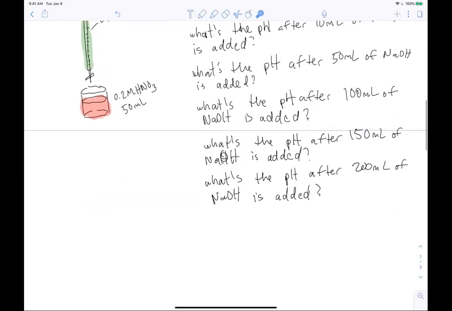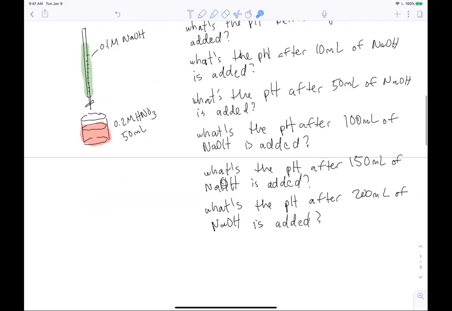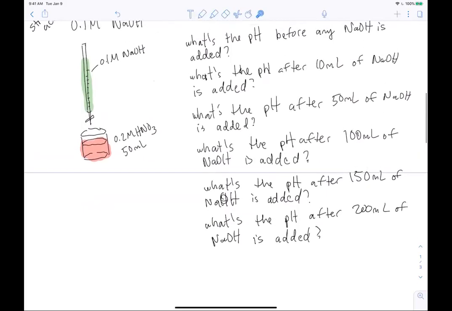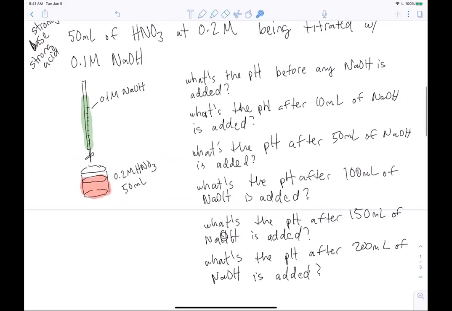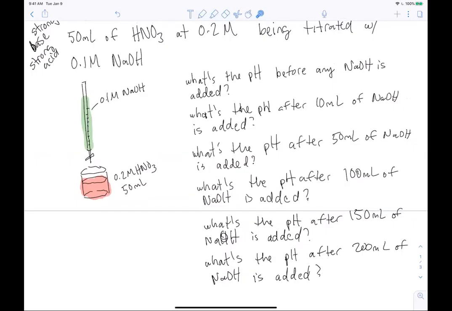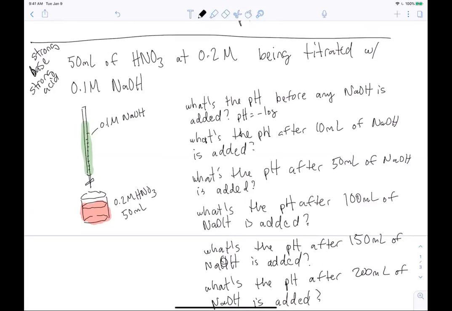So you can imagine different points along this. Let's just start by looking at the first part of this problem. We're saying, what's the pH before any sodium hydroxide is added? Well, for this one, our pH is just going to be equal to the negative log of the hydronium concentration. So all we really need for this part is to look at our concentration of strong acid. Because it's a strong acid,